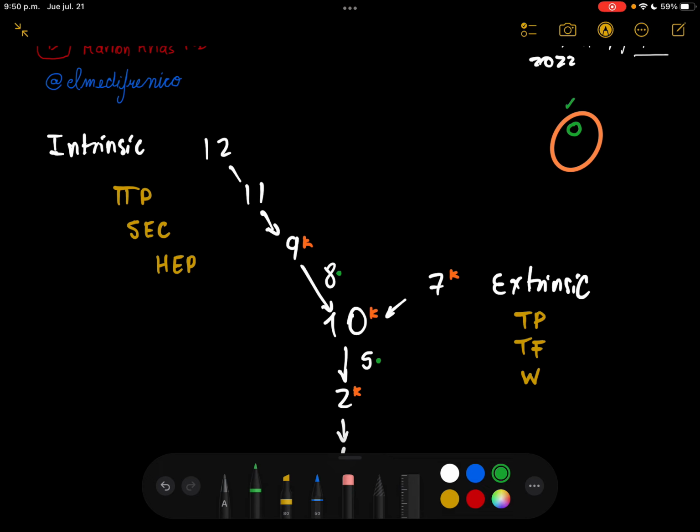One was the alpha granules that contained, did you remember, factor 1, and we have another one called dense granules. We have ADP and calcium. ADP we use to activate the